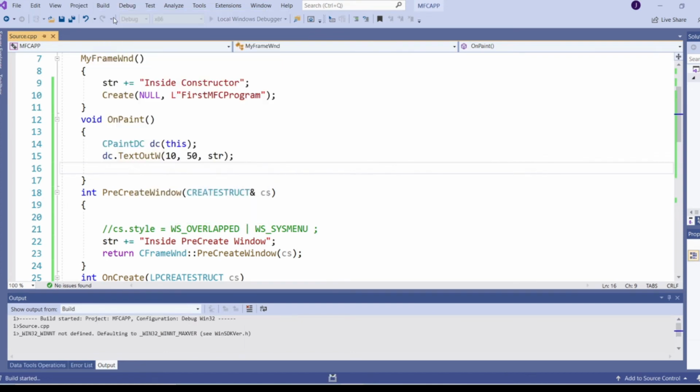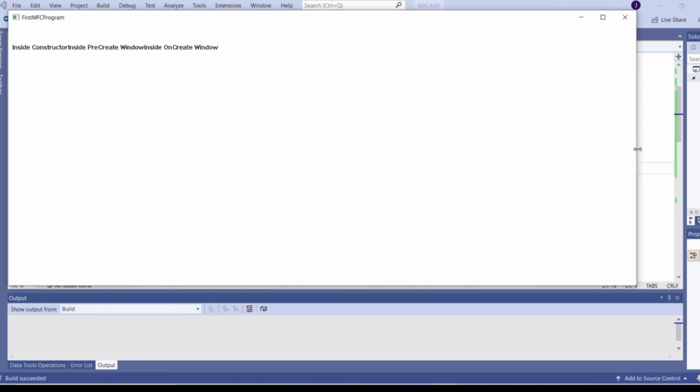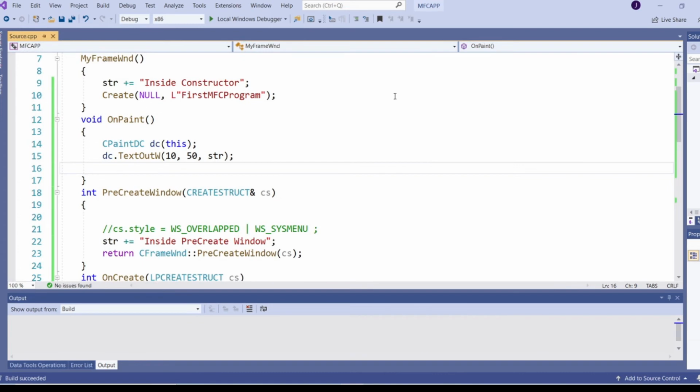If I build the solution and run it, I see minimize, maximize, and close buttons, and the window border is resizable. Now I don't want minimize and maximize buttons, and I don't want any resizable window border. My window should be fixed.